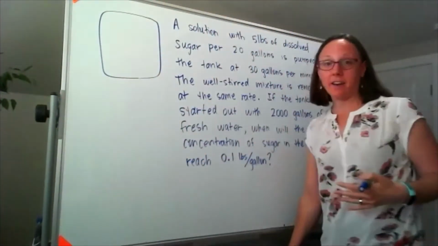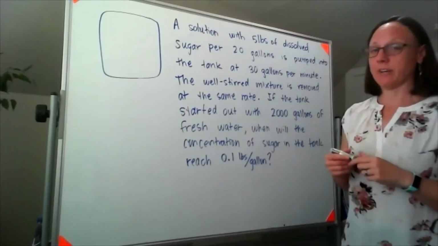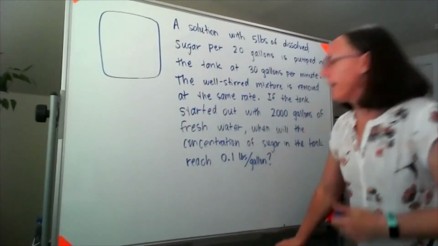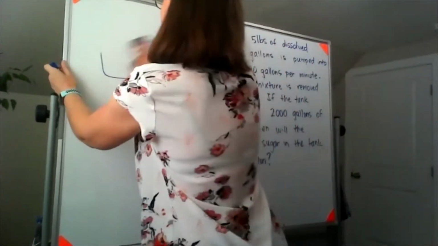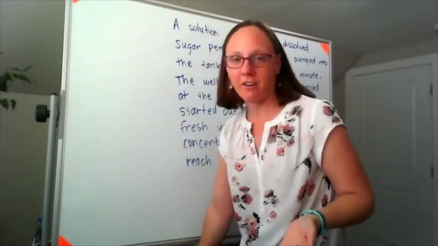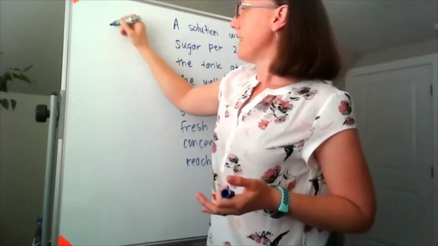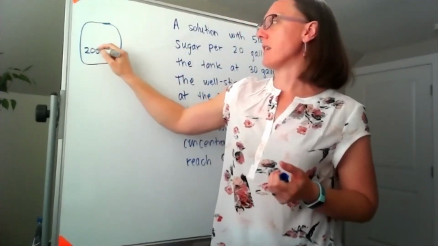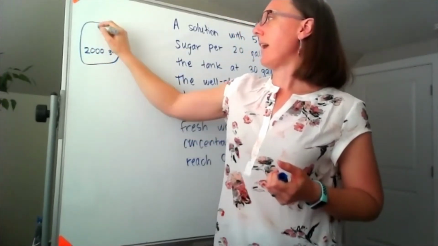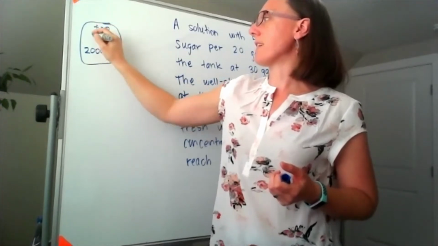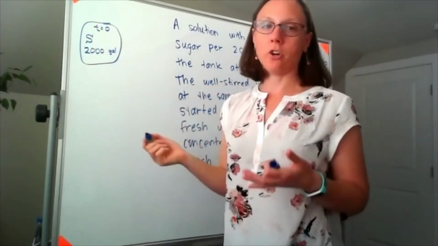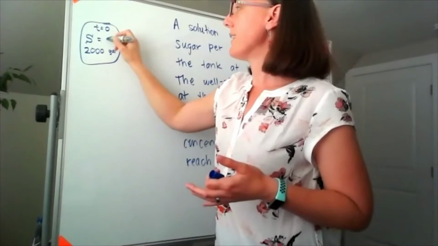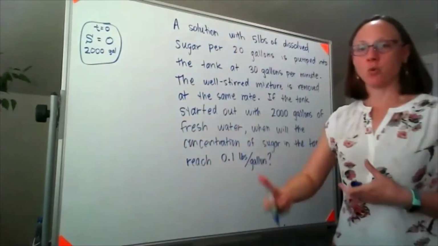So now let's get the setup for our differential equation. So I like pictures. Even if it's not a very exciting picture, here's my tank. Sitting in the tank, I have 2,000 gallons. And at t equals 0, the amount of sugar in my tank is 0 because I have fresh water sitting